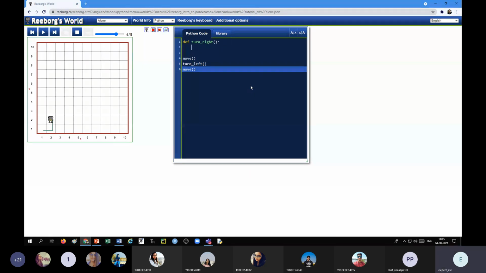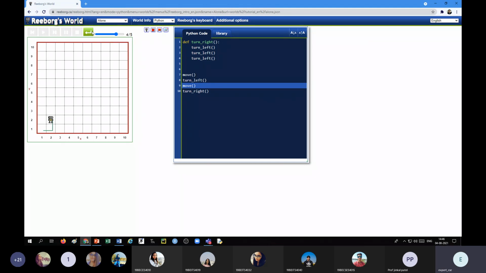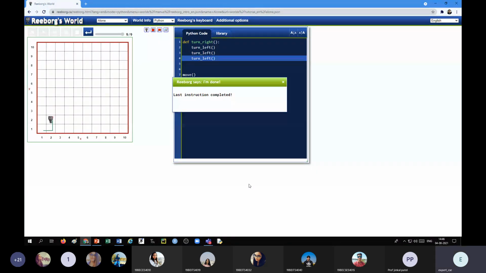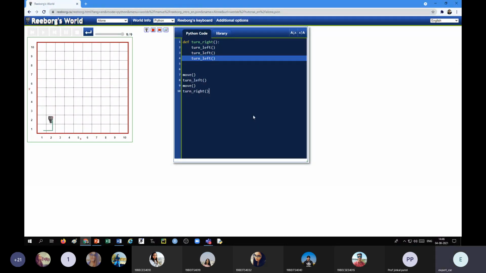If you turn left 3 times, then it will be the right-hand side. So I will write turn left 3 times, and it will turn right. For example, I say here turn right. Now if I run this function, let me initialize first. Okay, it turned right.